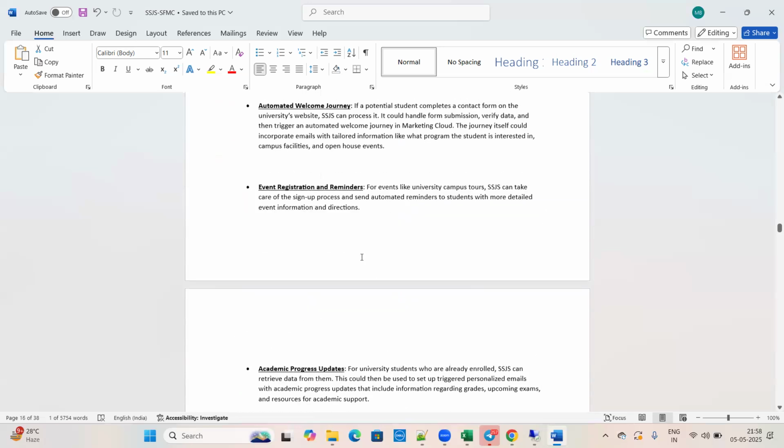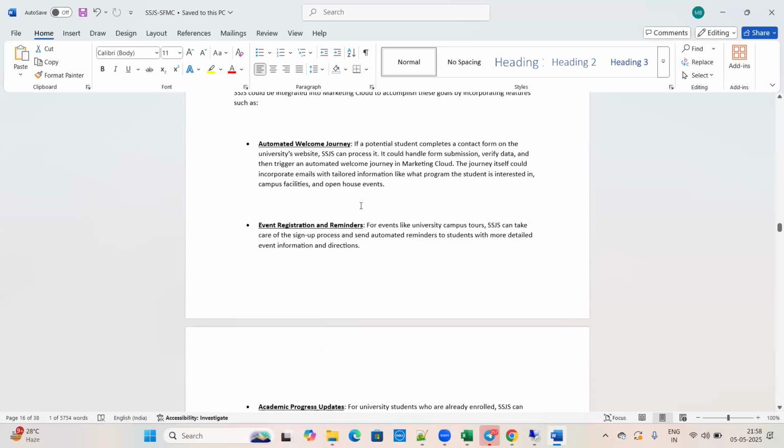So if you take an example of anyone, the welcome journey will be triggered in this scenario whenever someone has completed the contact page, they have filled the contact form, and you have saved that data in the data extension, and what SSJS will do, it will read the values and use that information or data to create the welcome journey. Similarly, for the other examples,